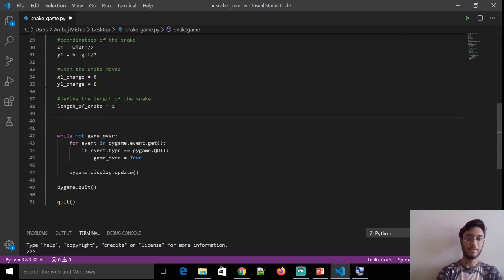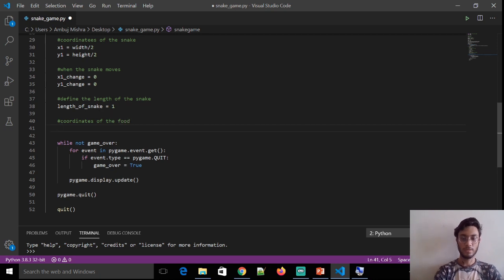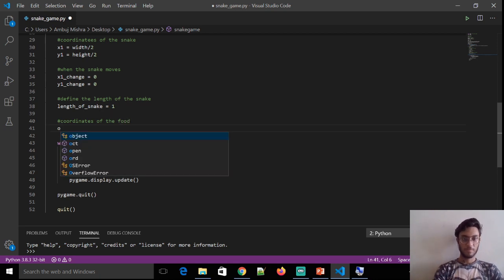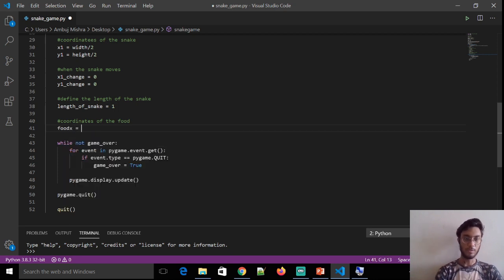Now after that, we are going to declare the coordinates of the food. So the x coordinate of food, food x equals random. See, the food will be randomly present except at the position of the snake.